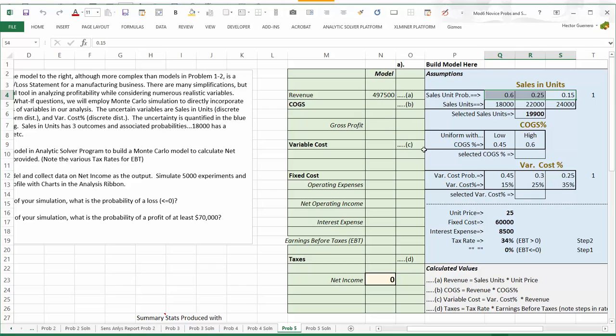So now we have selected a value. Notice what the value is, 19,900. This is the mean of this thing. We will not select a real value until we do a simulation. So don't worry about the fact that this doesn't match any of the possible values. Cost of goods sold is equal to